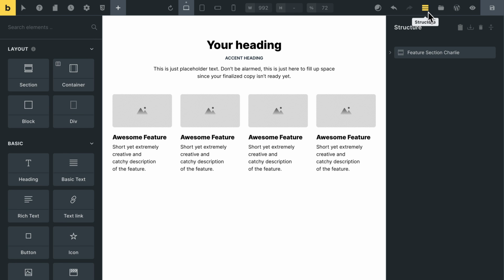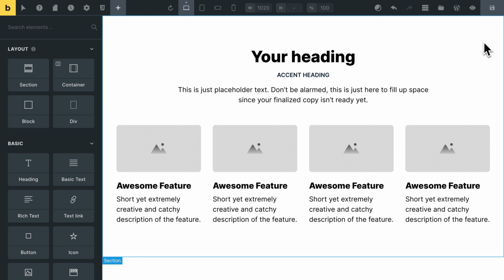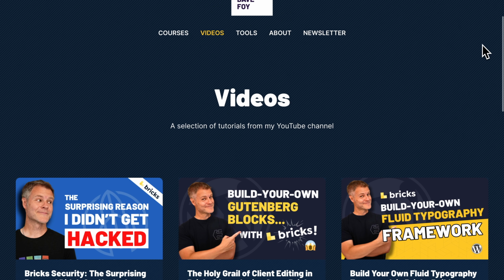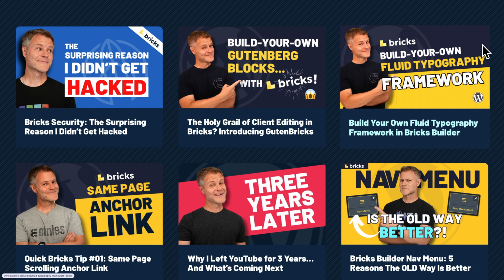Now, the reason I'm using this particular frame as an example is because I dropped this exact template into my own website to make this page. Literally took me less than 5 minutes to tweak it to this finished design. Basically, it's a load of photos of me pulling stupid faces. Sorry about that. But anyway, back to Bricks.